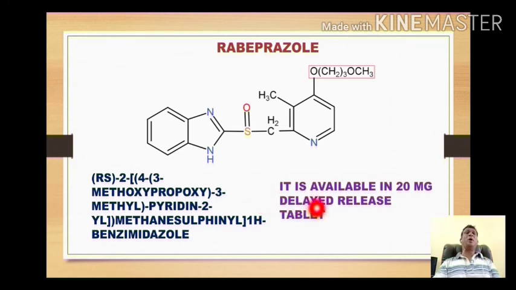Now one very important point is that omeprazole, lansoprazole, rabeprazole and pantoprazole, all these anti-ulcer drugs, are available in 20 mg delayed release tablet form. Delayed release so that the drug can be released over a longer period of time, and at the same time it can remain protected from the acidic environment in the stomach. The last drug is